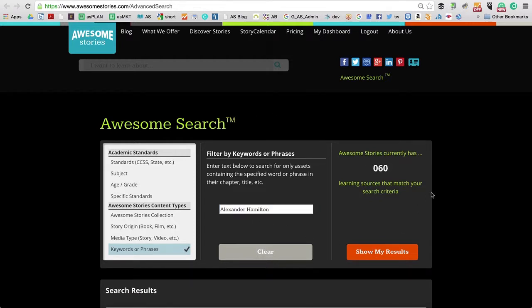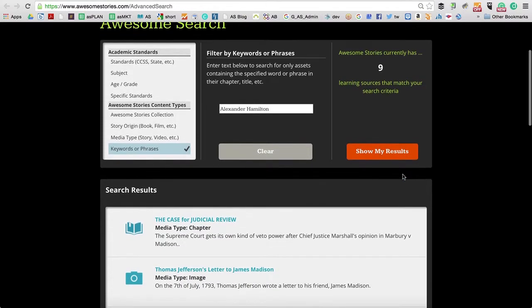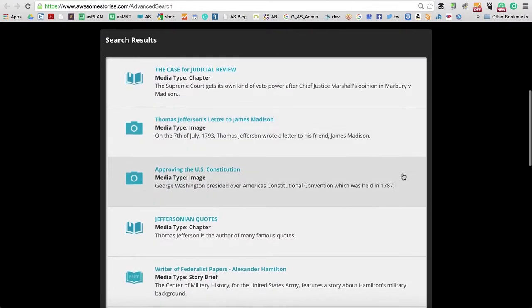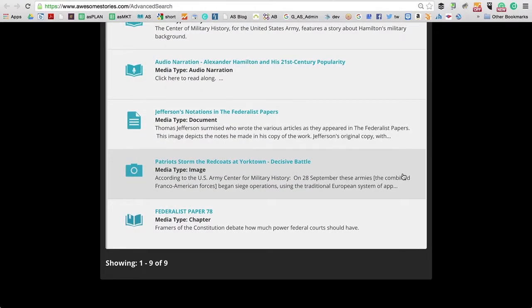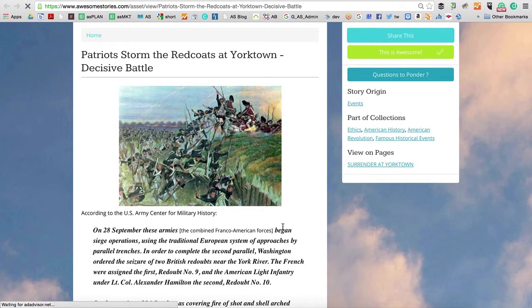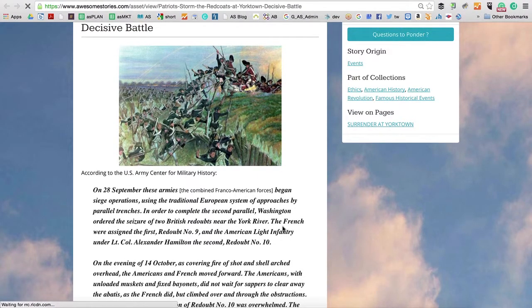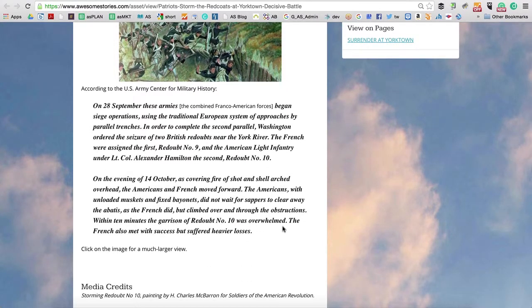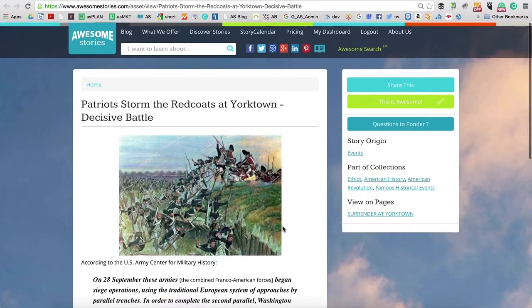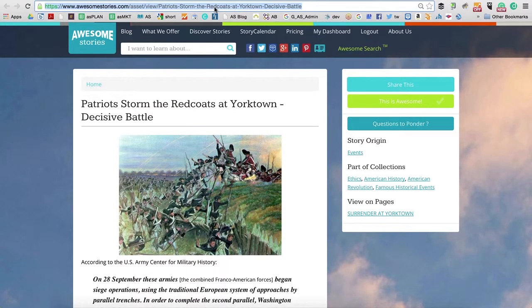And we will see how many resources do we have in our archive. You can see it's counting down through the resources, finding which ones will apply. We have 9 that are available to us. And I'm going to choose, just to start, this Patriots Storm the Redcoats, because a very early part of Alexander Hamilton's activity in the United States after immigrating here from the Caribbean was to assist General George Washington in leading troops to battle. We are going to copy the link here